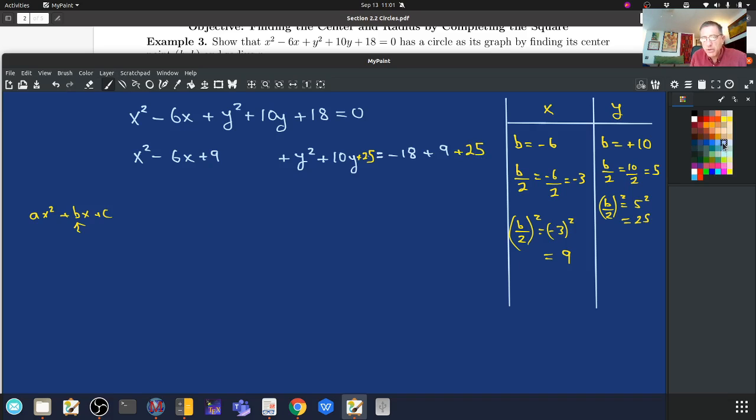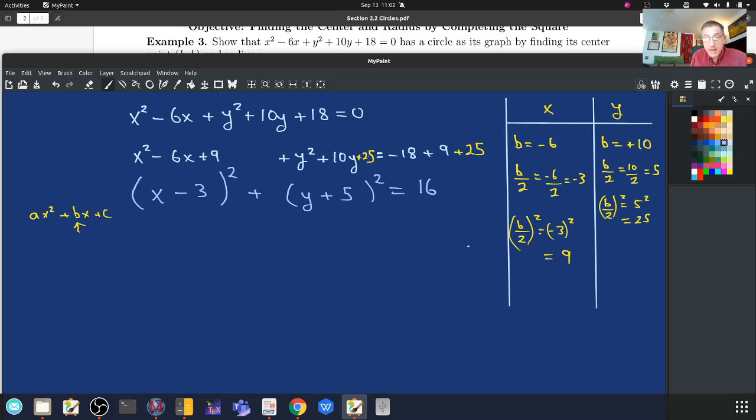So what's the result? This is now a perfect square. X, and what is the value I put here? I put the value of b halves, minus 3. This is also a perfect square. And what do I put here next to the y? The value of b halves, which is 5. And now all I have to do is add minus 18 plus 9, well, that's minus 9, plus 25 is